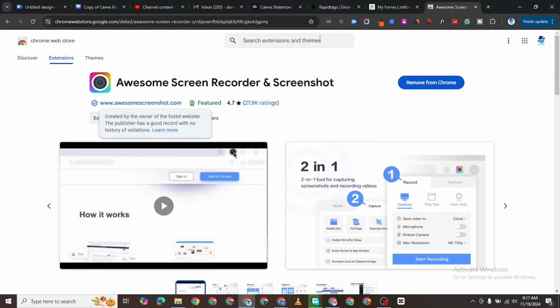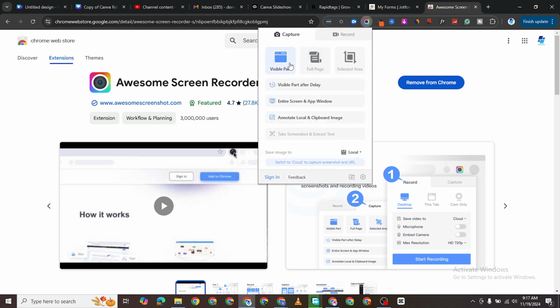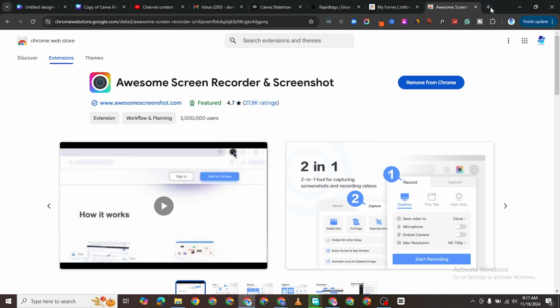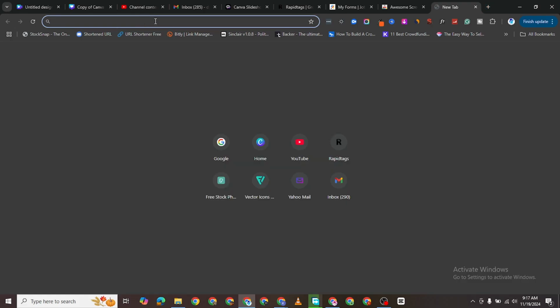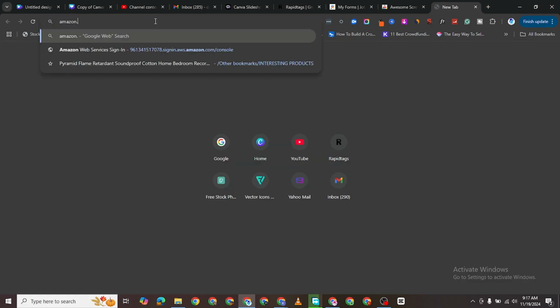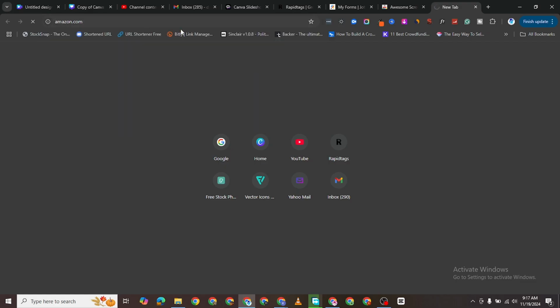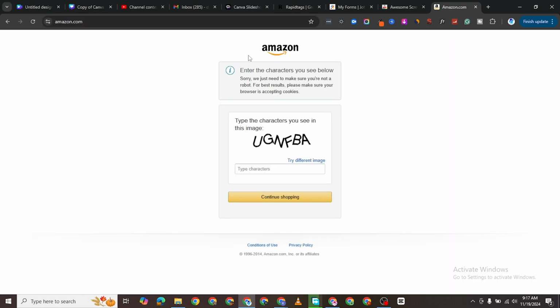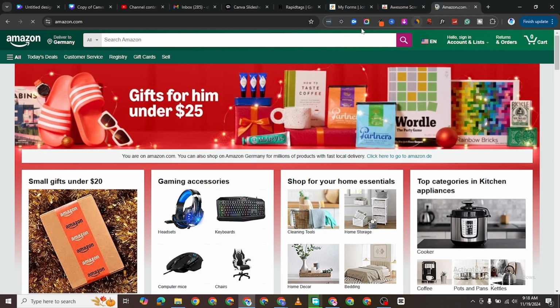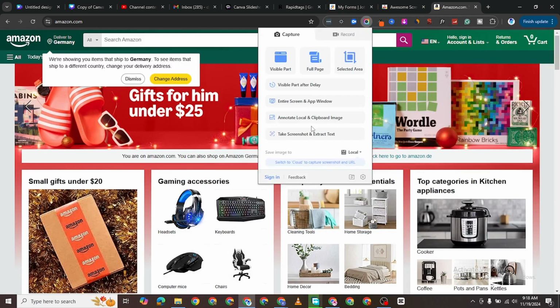Now, if I want to screenshot this page, I'm going to click on it, and I can do various options. I can screenshot the visible part. I think I'll just use another page. I'll just go to amazon.com. And it's asking me for this. A minute. All right. So if I want to take a screenshot of this Amazon page, I'll just click on this